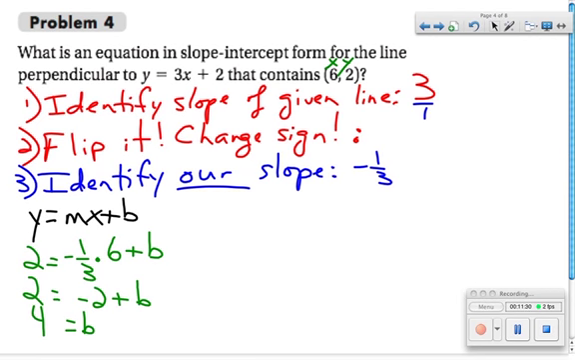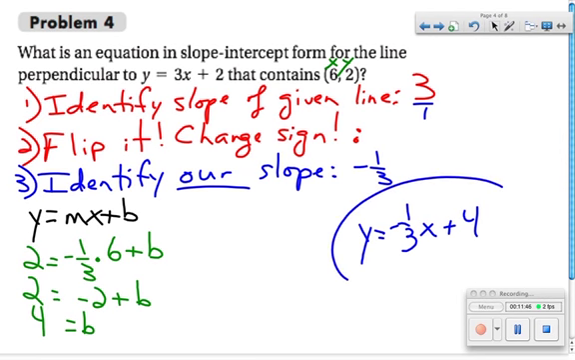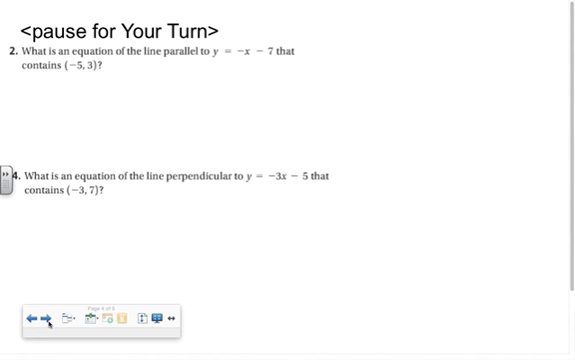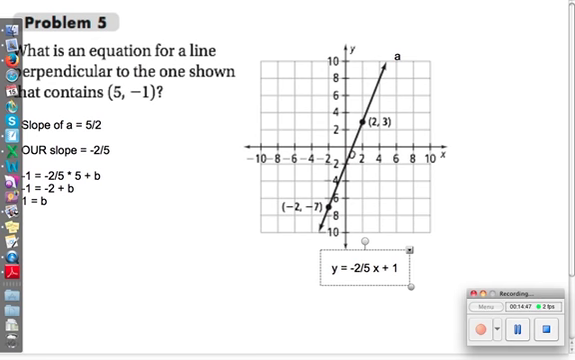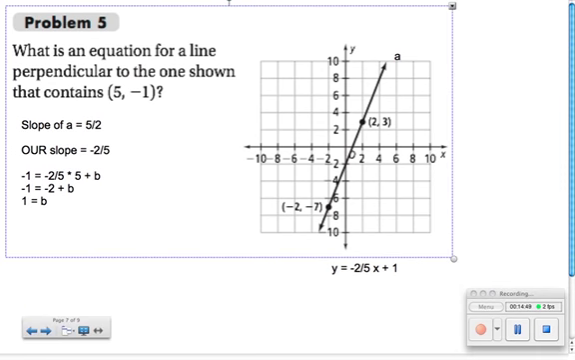And now I know what my b is. I know what my m is. I can write the equation as instructed in slope-intercept form. So y equals negative 1/3 x plus 4. Pause for your turn. Okay, on the screen, you see the steps